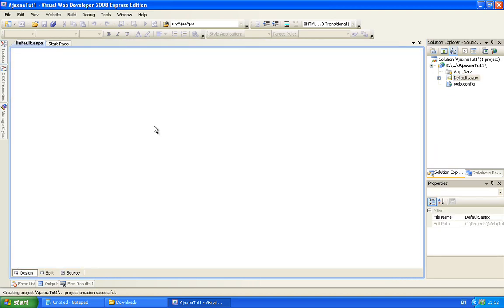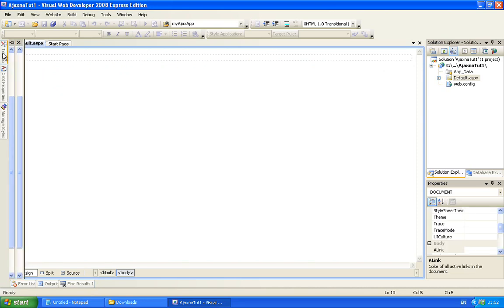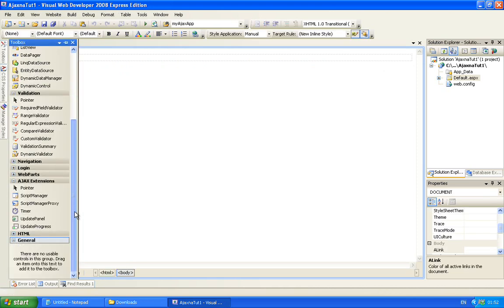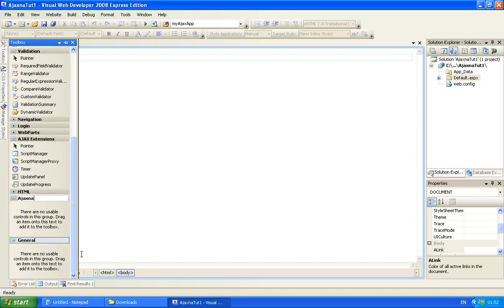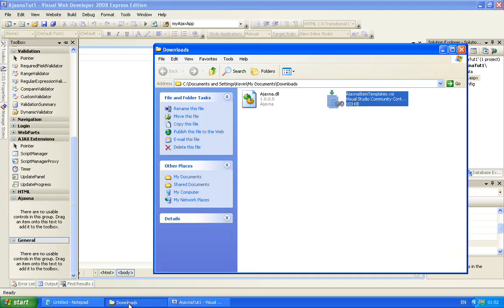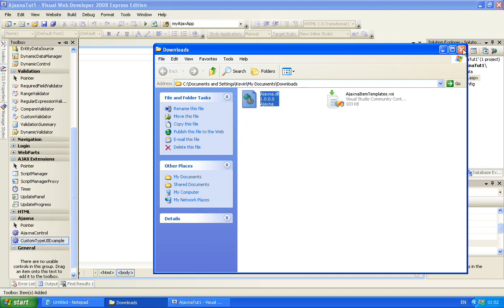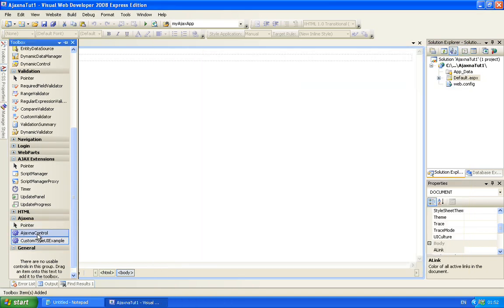Go into design mode. Okay, I'm just going to pop into our toolbox and install the Ajaxna component in there. So add a tab, call it Ajaxna, and then go to our downloads folder, take the Ajaxna DLL and just simply drag and drop it in there. That's great. Okay, so now we're just going to drag the Ajaxna control out onto our page,